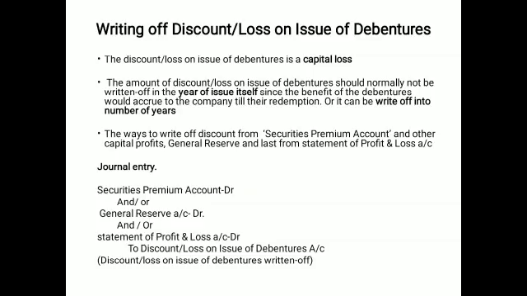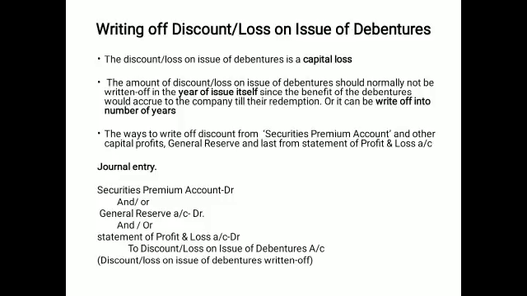Now, the writing off of discount and loss on issue of debentures you may find out by passing the first two issue entries, such as issued at discount and payable at par, or issued at discount and payable at premium. These two conditions give you the value of the discount as well as the value of the loss. So first, try to understand what the discount and the loss mean. This is called a capital loss, a long-term loss.